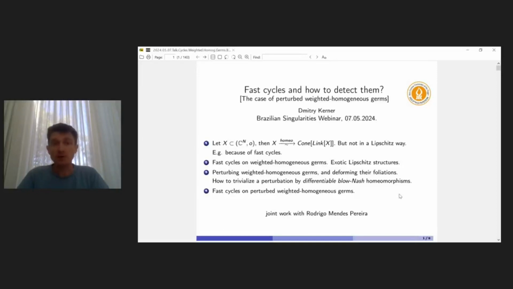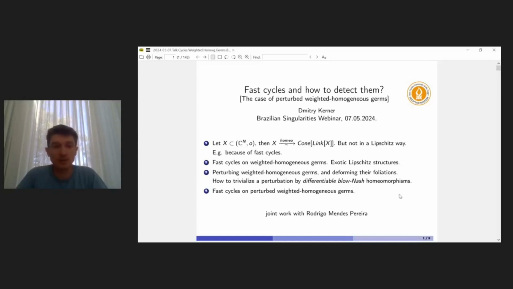So I will give this talk. About 1 year ago, I gave a talk in a Brazilian seminar on a related subject, but then I was more interested in inner metrically conical germs, mostly surfaces. Well, I will recall the notations, and now I'm more interested in fast cycles, which is the simplest abstraction to